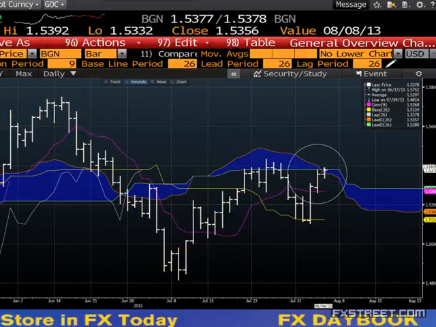I know some of you who follow me regularly will know that I like to look at the clouds. They're not always significant, right? You go through big periods when you're not above or below either, and you're in the middle of them, but they do act as very good support and resistance, and that's what I like them for. And here, when you get to a resistance level, as you can see, when the clouds narrow, there's no real trend.